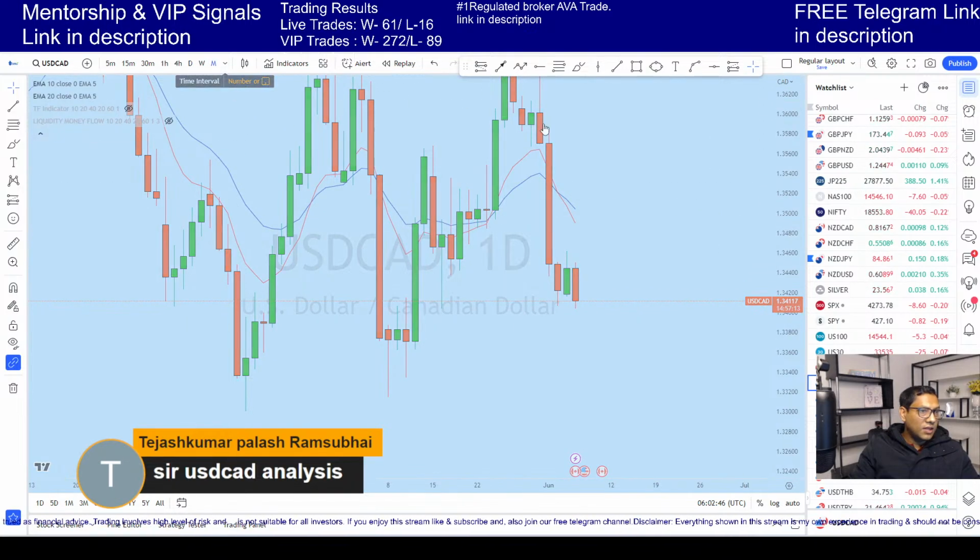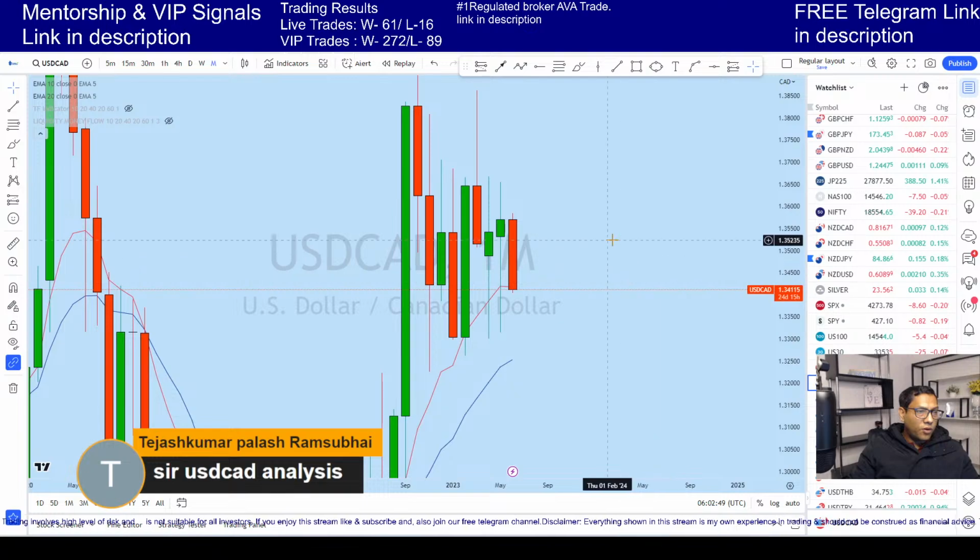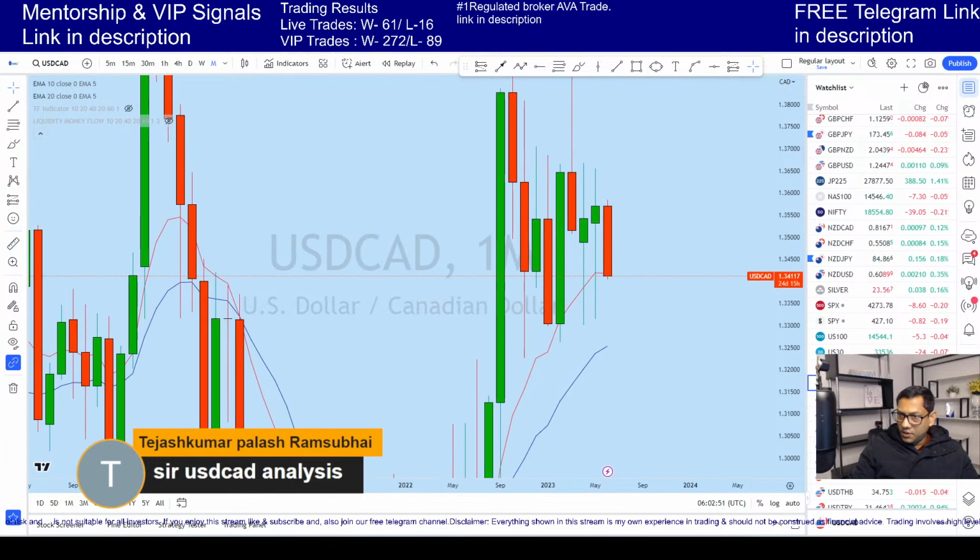Now I'll be doing a full analysis on dollar CAD, looking at the monthly. From the monthly perspective, what we can see from the bigger picture on dollar CAD,